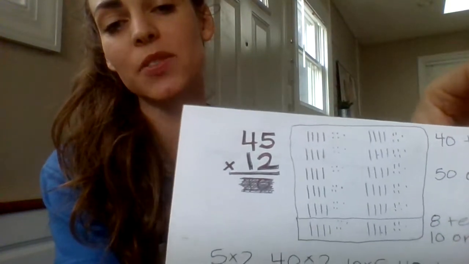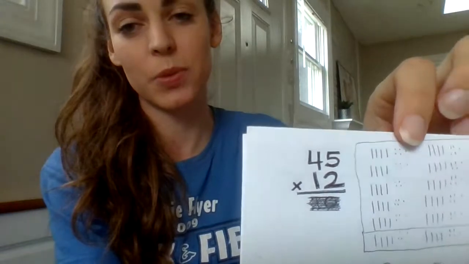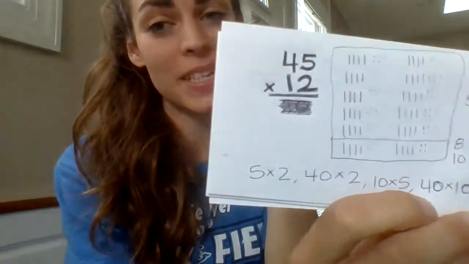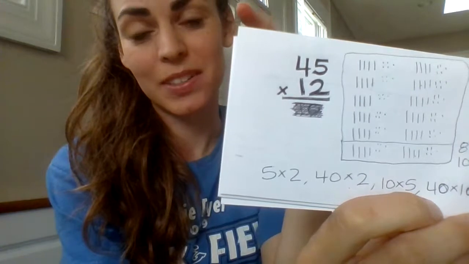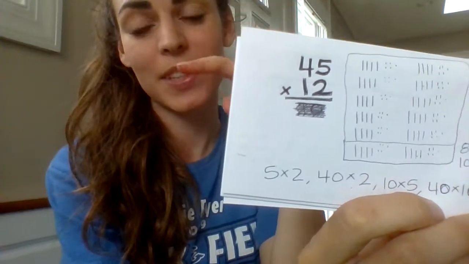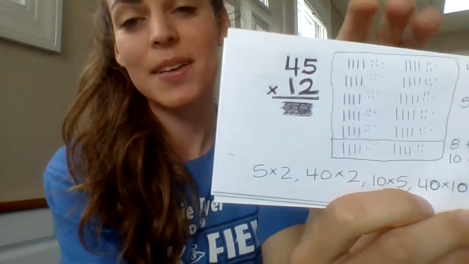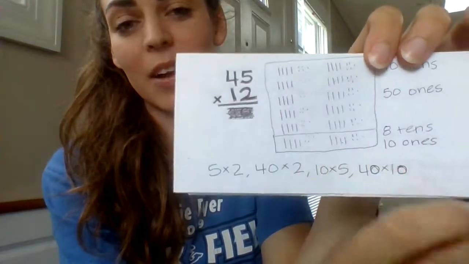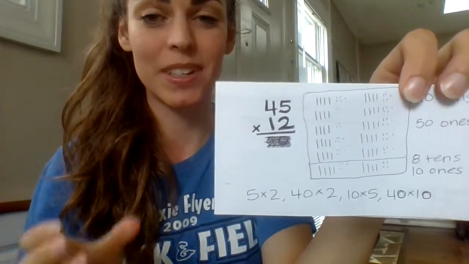So in a problem such as 45 times 12, we've got 45 total in each of these rows. So there's 4 tens and 5 loose ones beside it, and 12 copies. And I've got a big box around a group of 10 of them with a smaller rectangle going around the last 2 copies. And that's to visualize our base 10, really just making it easier to count by groups